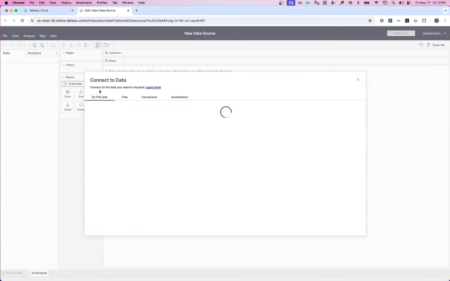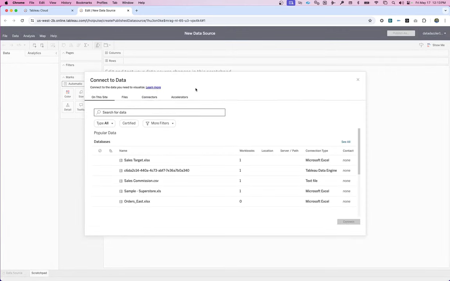Now, if you've been working with Tableau for a while, if you've had a creator license and have had access to Tableau Cloud and Tableau Prep in the past, or even now, you may be more familiar with publishing data sources up to Tableau Cloud via those tools. And it's very likely then if you've had access to those tools, you would not have used the web UI. And we're really only using that today in order to make this as streamlined and easy to show off as possible. It is still perfectly fine to be publishing up from Tableau Prep or Tableau Desktop, but